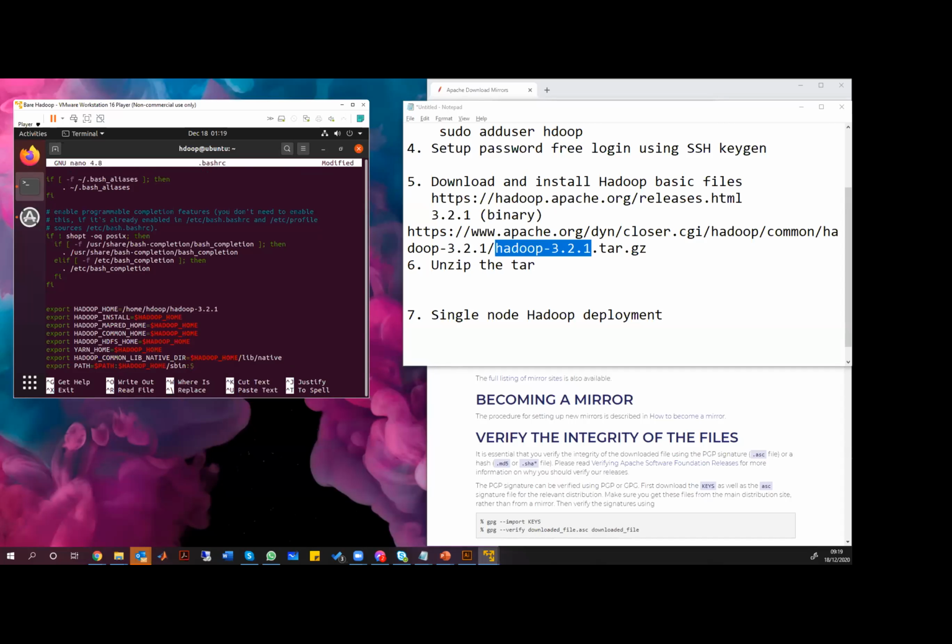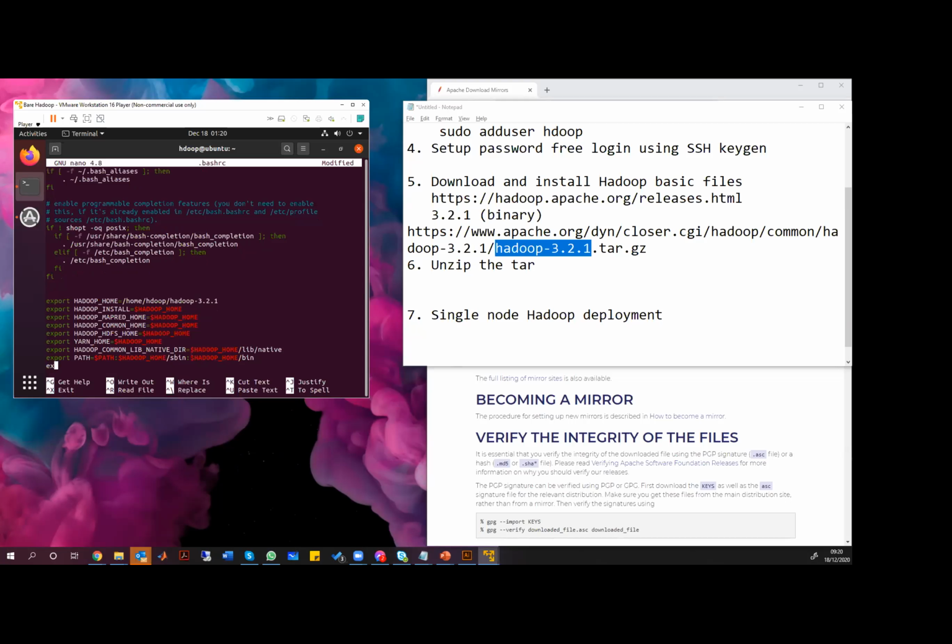And then the other one that we'll have to do is Hadoop home, and within the home, we'll have to focus on the bin as well. Okay. And finally, the optional ones. So if we say Hadoop OPTS, so the optional ones,